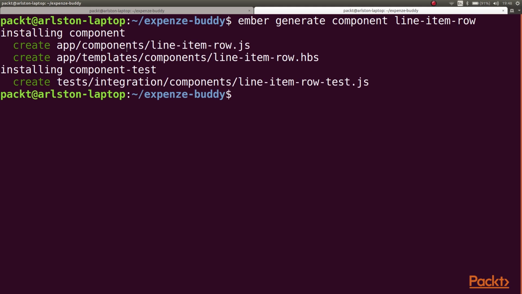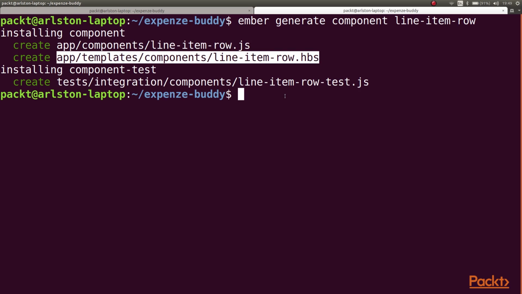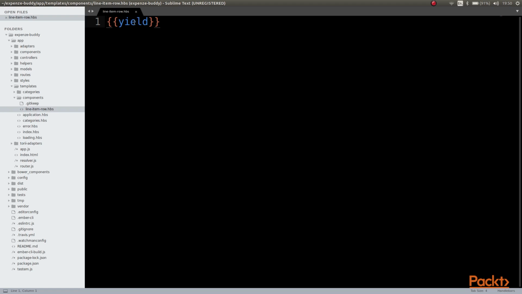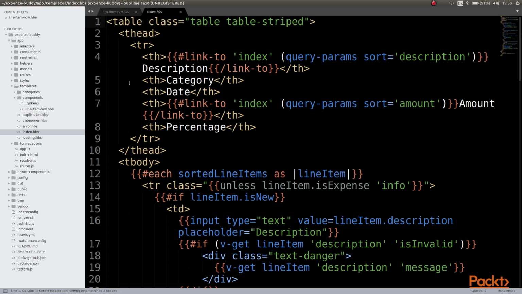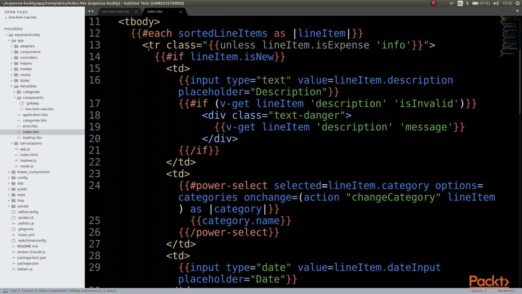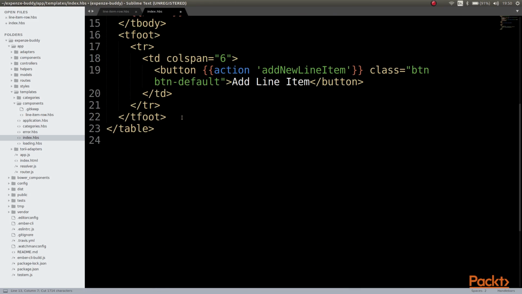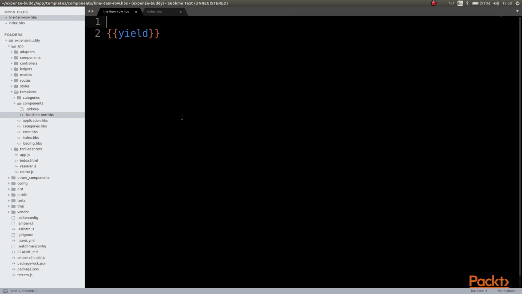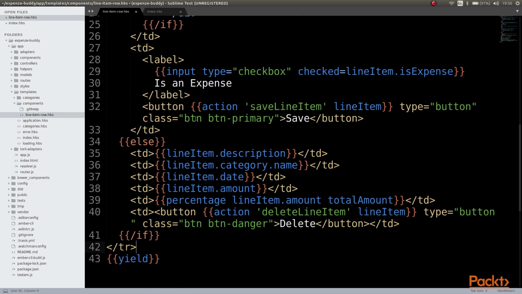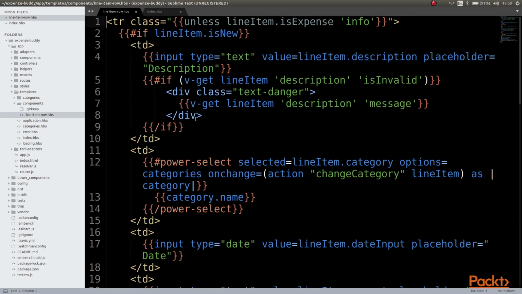We see that this generate command has created 3 files for us: a component handler file, a template file, and a test file. Let us open the component template. In this component template file, we will add the contents from our index template, that is the table row for each line item. Let us paste that here,